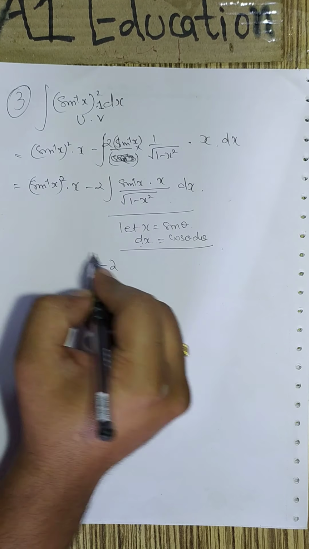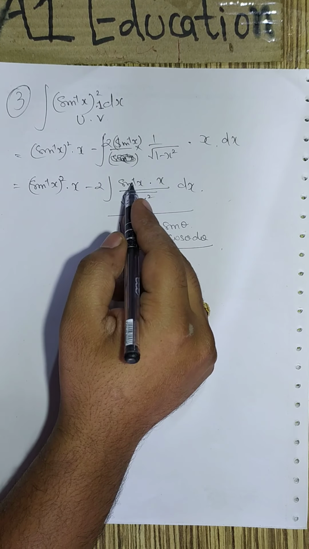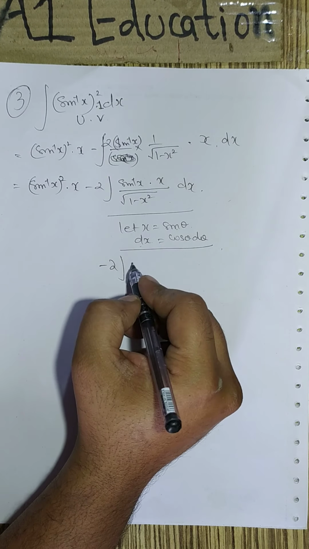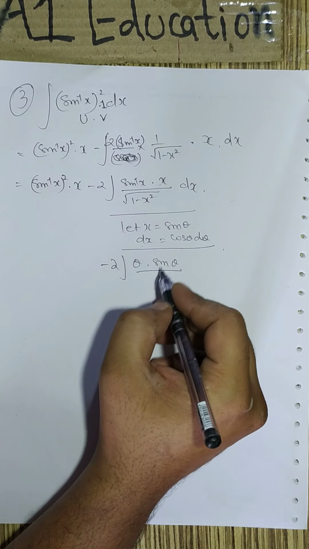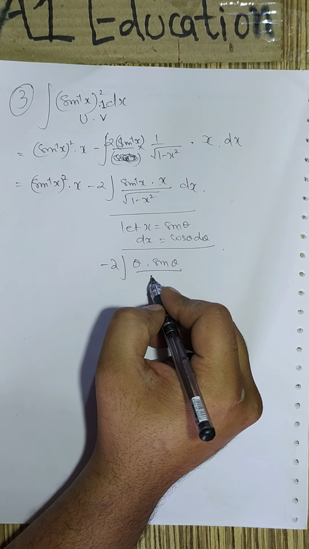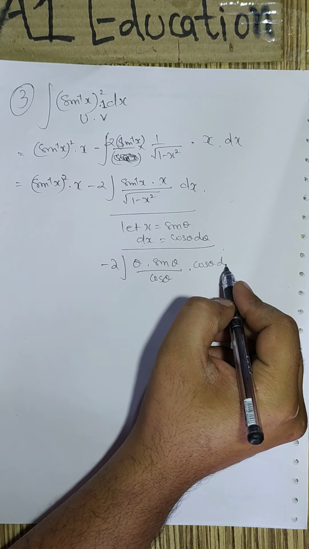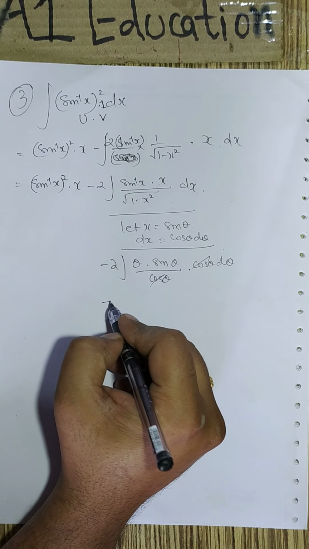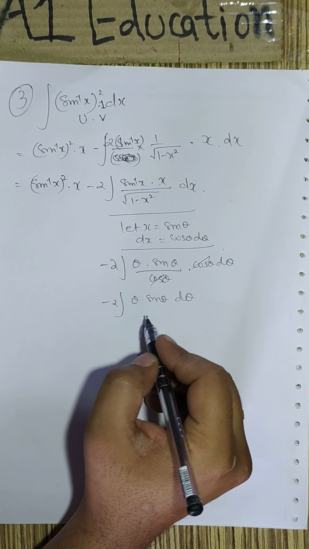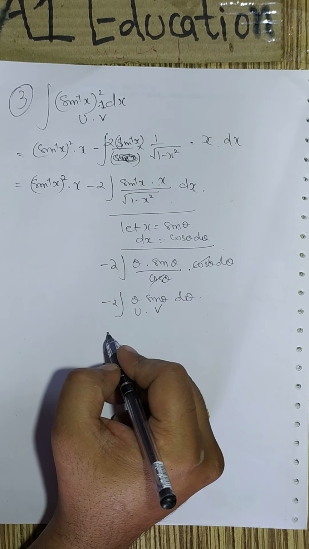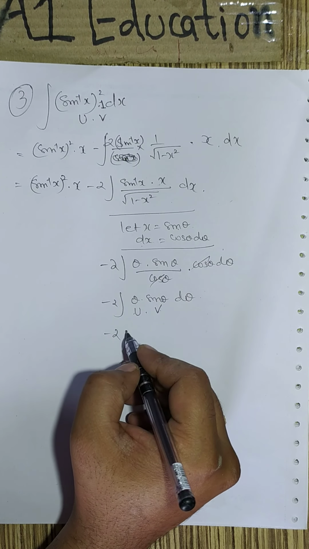Substituting this thing here, let the other part be as it is. Then sine inverse of sine theta will be theta, x can be written as sine theta. Under root of 1 minus sine² theta is cos² theta, cos theta, and the value of dx is cos theta d theta. Cos gets cancelled. Again here we can apply the formula of u·v. So u·v, here this is an algebraic function, trigonometric function, so the algebraic function becomes u.